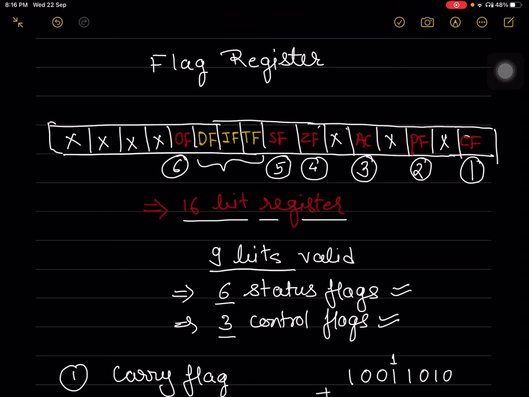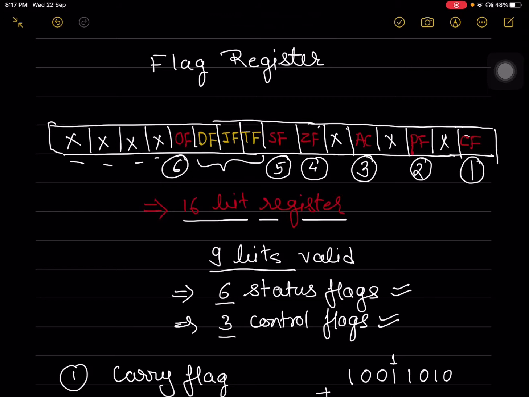Students, in the third part of the architecture, we need to discuss another important part of the architecture, that is the flag register. This flag register is a 16-bit register having 9 useful bits and the remaining 7 unused bits. The format of the flag register is as shown here. The bits which are shown as a cross are don't care bits. It means they are unused bits, and the rest of the bits that are named here are useful bits, and we call them flags.